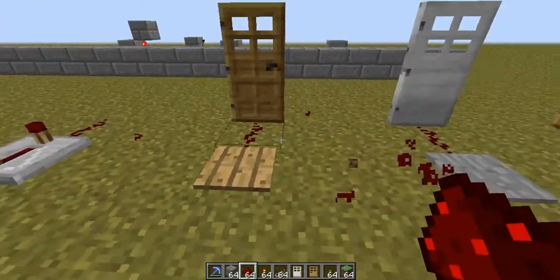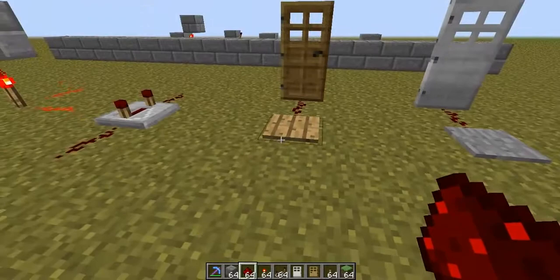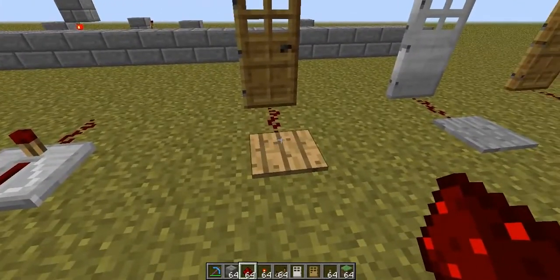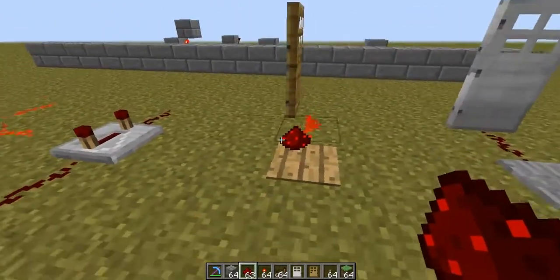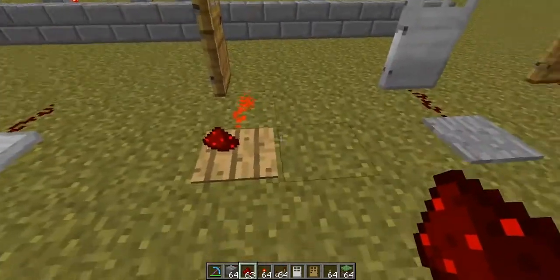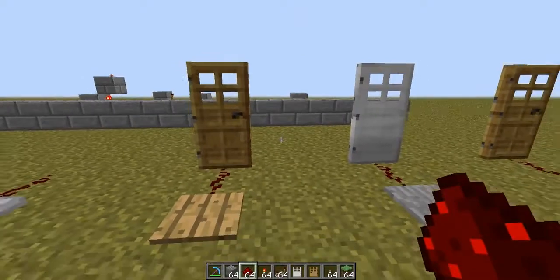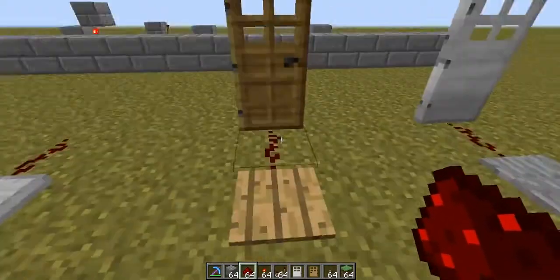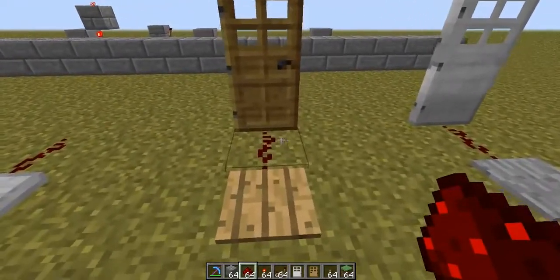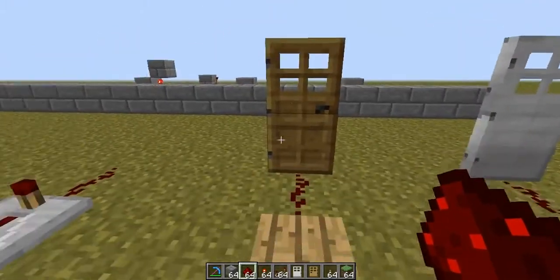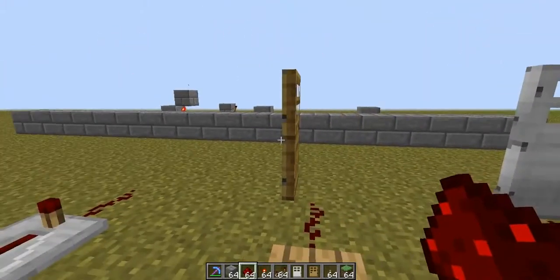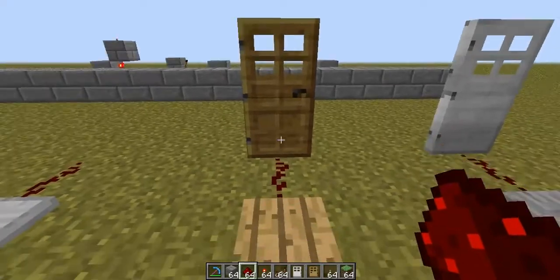Now the difference between stone and wooden pressure plates is that wooden ones you can activate with items. So you can send power and open things such as doors. Now you can also power them with a piston. You can also use that to power pistons or anything like that. Note blocks, etc. Now the wooden door, in case you didn't know, you can open and close with your hands, or